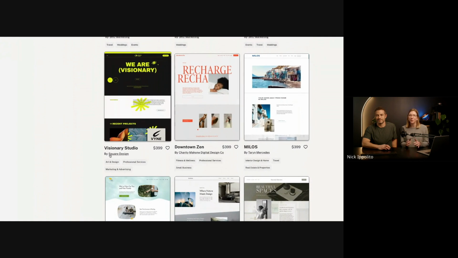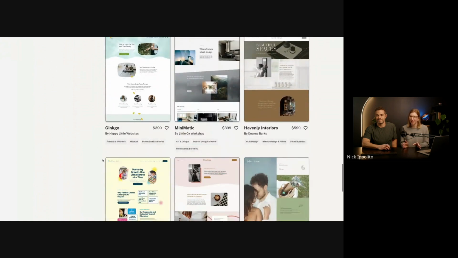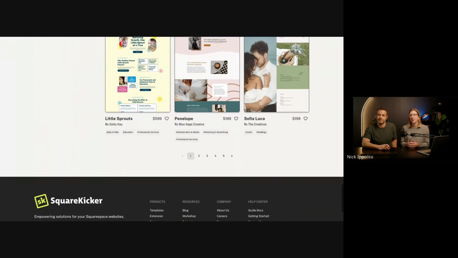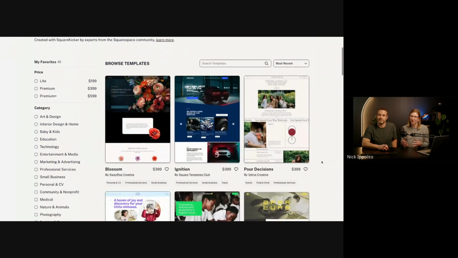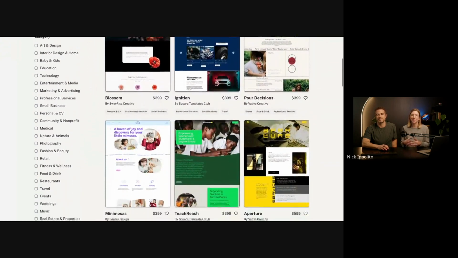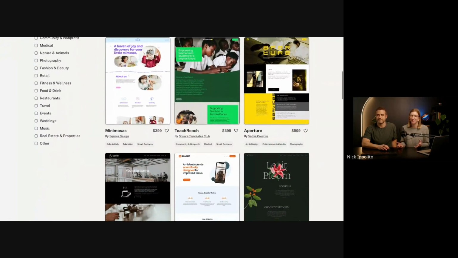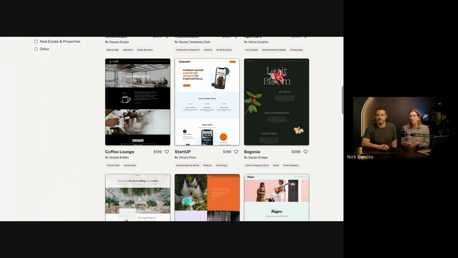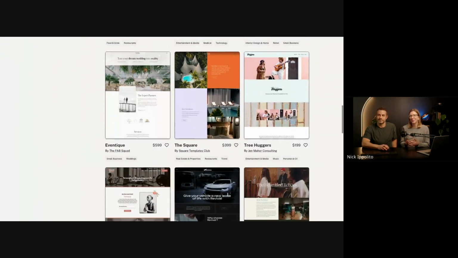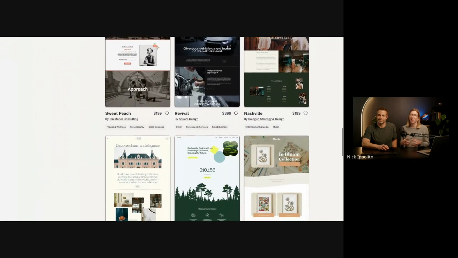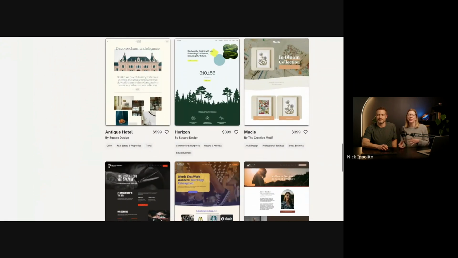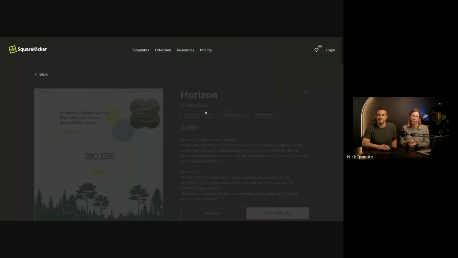Or if you want to use templates, this is a great resource to come in. There's over 100 templates. There's so much variety because we have all of these fabulous designers coming in. There's a huge amount of different styles, of different industries that are represented here. So I would definitely recommend going and checking that out. Like we said, it's just a really good way of being able to grab this base and then changing it into something that's perfect for you or your clients.